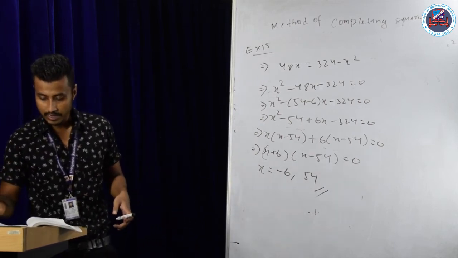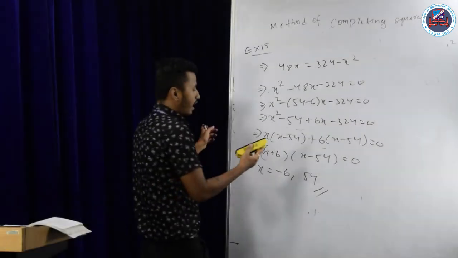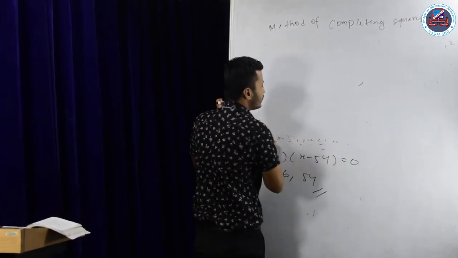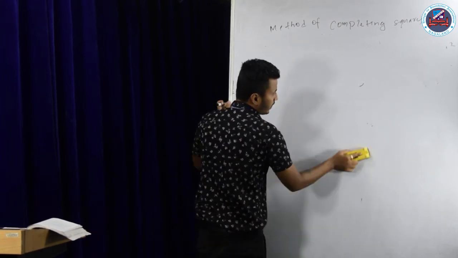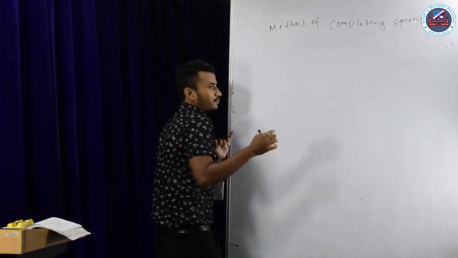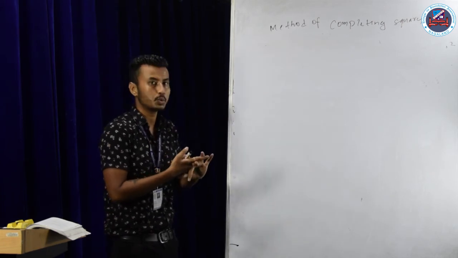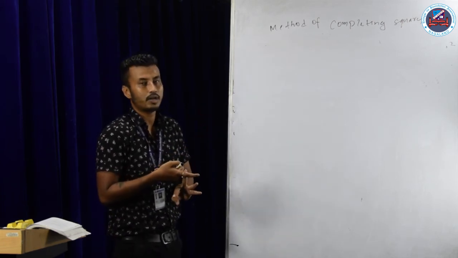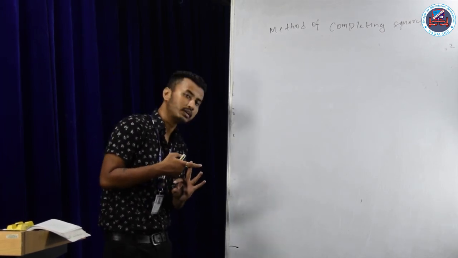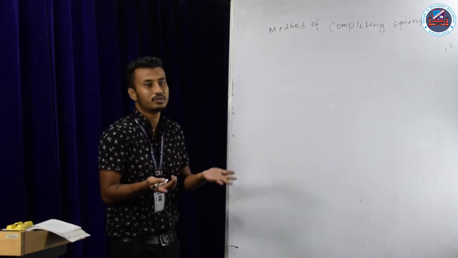Now guys, let's go to the next exercise, which is also your last exercise. Here, I'm going to bring you a new concept, the quadratic formula. It's a very simple concept. The first concept we learned was middle term factorization, the next one is the method of completing the squares, and the last one is the quadratic formula. Guys, in the exam, if they have not told you which method to use, please use either middle term factorization or the quadratic formula. With the quadratic formula you get a direct answer because it's a direct formula.